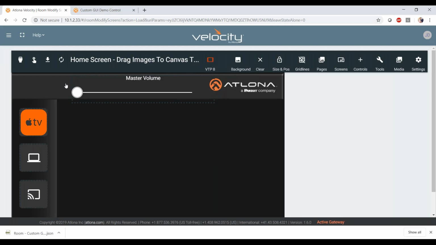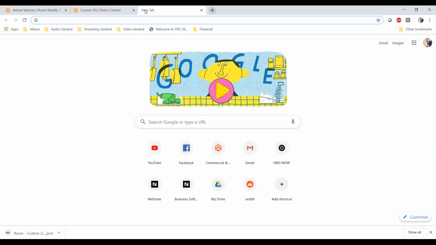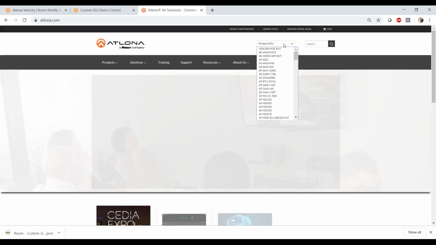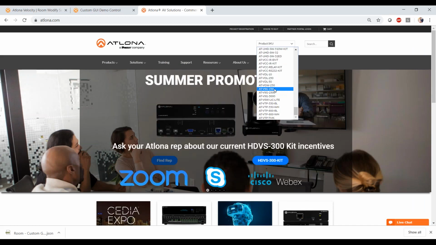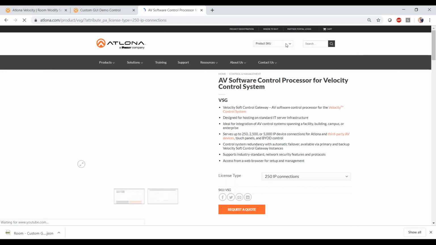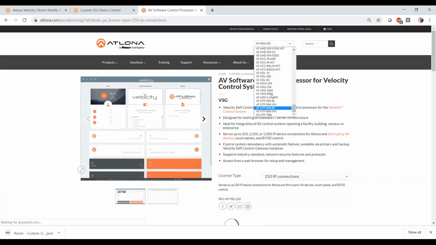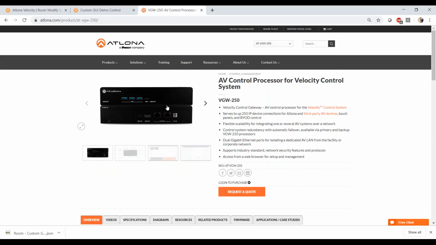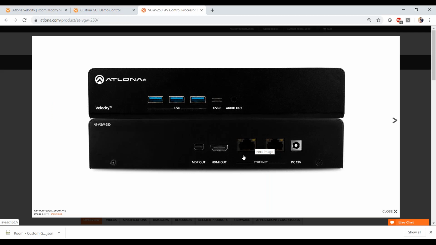Yeah, absolutely. So if you look at the actual VGW250, I'm going to pull the web page up here so that you can see it. Oh, that's the VSG, that's the soft gateway. Whoops. VGW250. The actual physical processor has 2 Ethernet ports on the back of it, as you can see here. Ethernet 1, Ethernet 2, and that is specifically for a scenario where maybe you want to put your